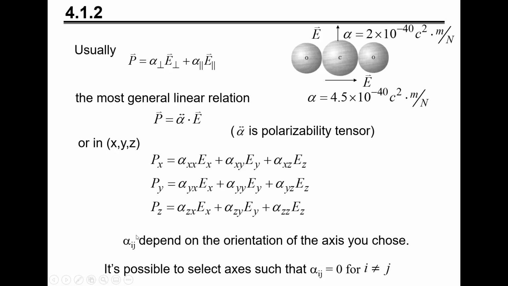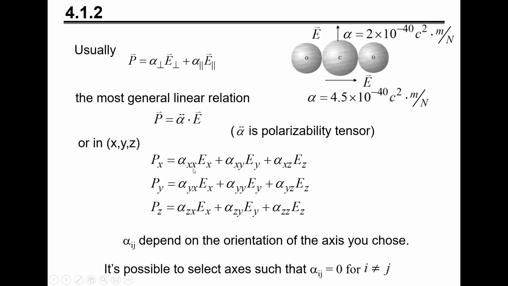Now take note that these 9 constants here, alpha xx, alpha xy, alpha xz, and so on, constitute the polarizability tensor, and it is dependent on the orientation of the axis that we choose. Now, it is possible to select axes such that